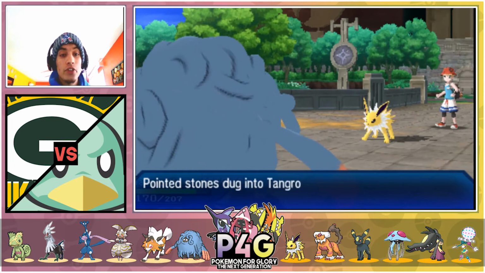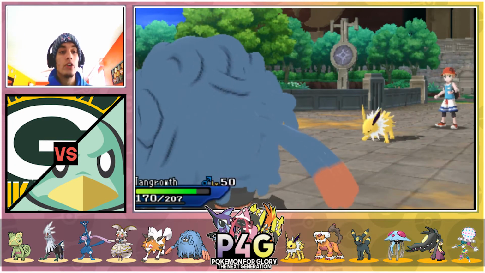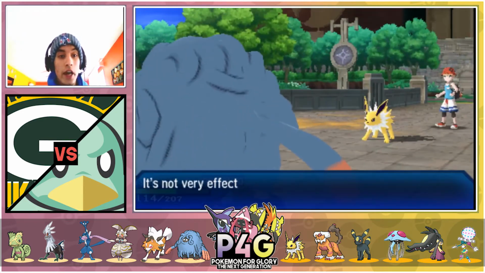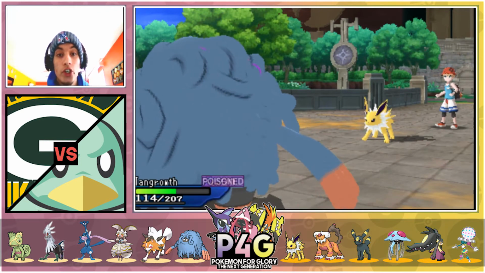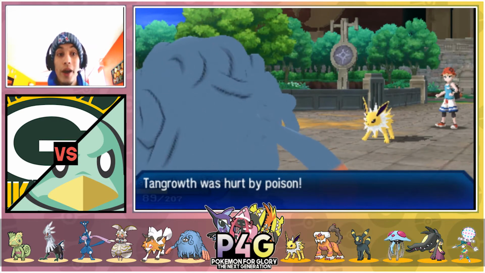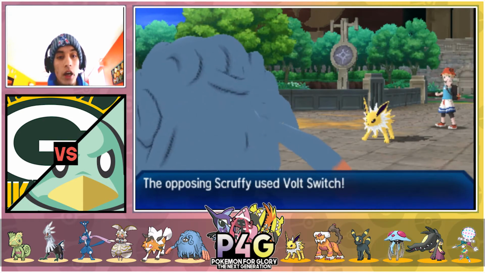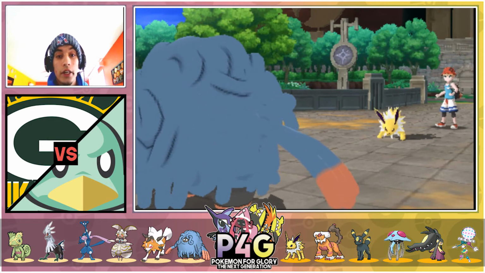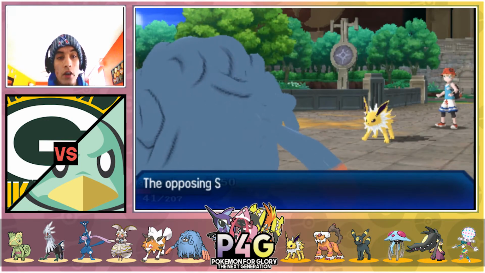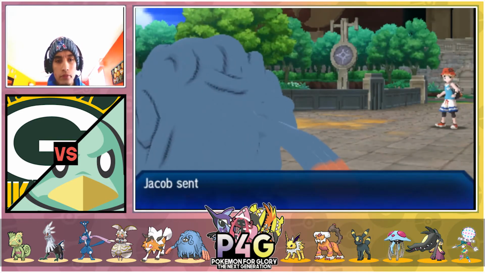As Tangrowth, I can just fire off Leech Seeds versus anything that he has. He's going to go for Thunderbolt, and it's actually going to do a good amount of damage, and that's my fault because I just have nothing to really switch into this Jolteon. Now I could have potentially brought Silvally Ground to help me out with that matchup. But here he's going to click Volt Switch, as I'm going to click, I believe it's Leech Seed. He's going to get the crit there. Or not crit, he's just going to get a high roll there on the Volt Switch, as I just go for the Leech Seed,